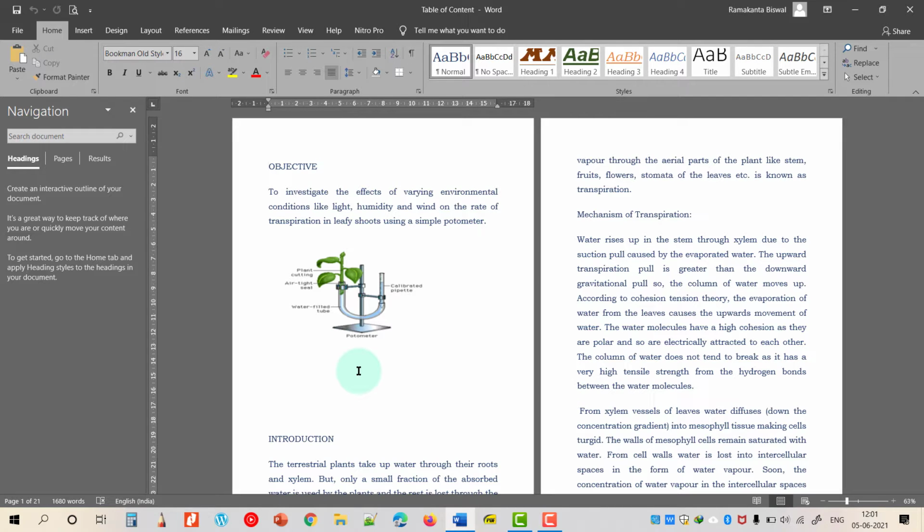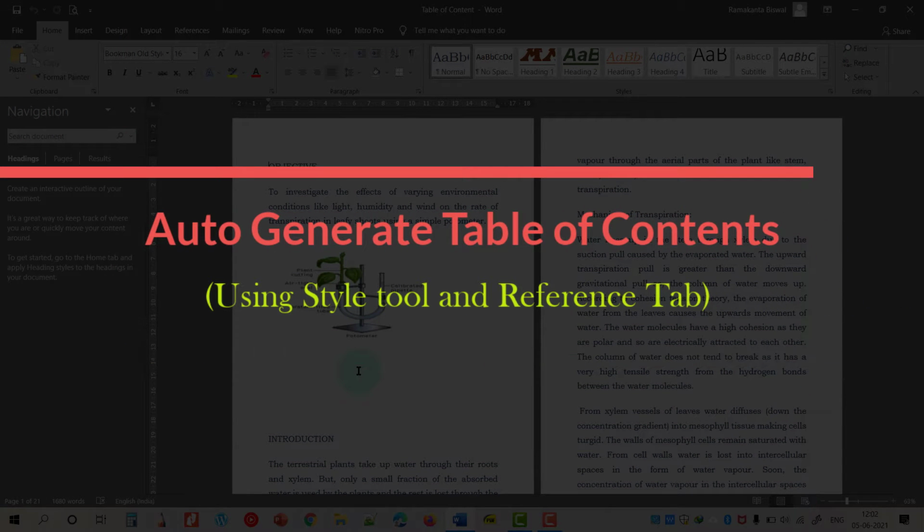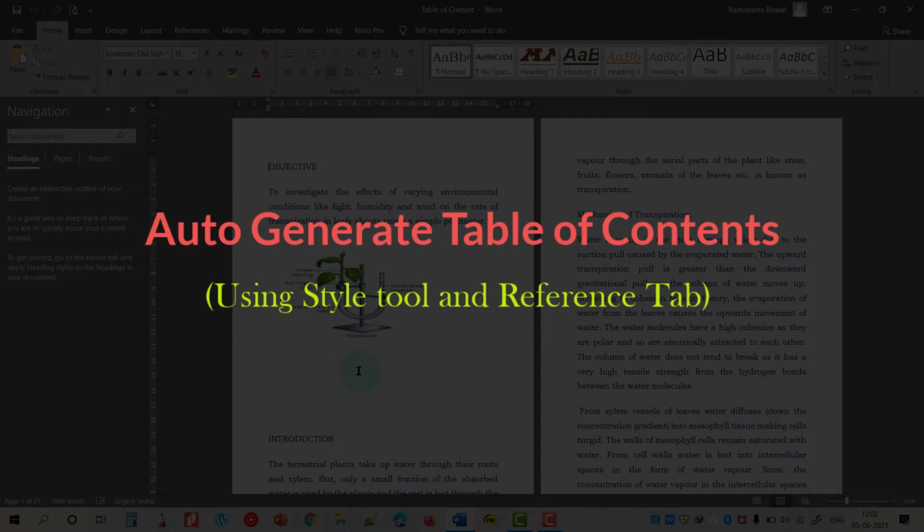Typically, when we talk about a table of content in a Word document, many of us create that manually by creating a table and putting all the details within it, that is the heading and subheadings, and then manually placing the page number within the table of content. But in this video, let me show you how you can create a table of content automatically, and also how you can update the entire table of content with a single click.